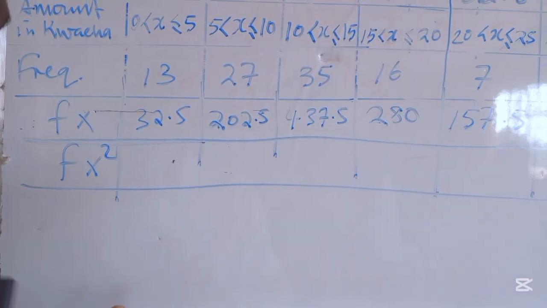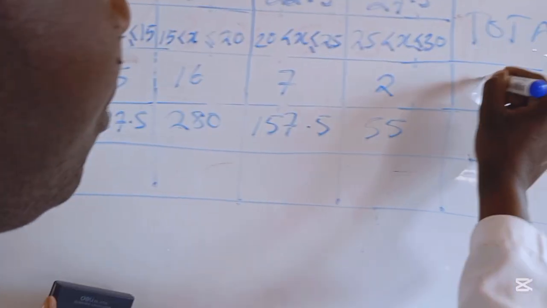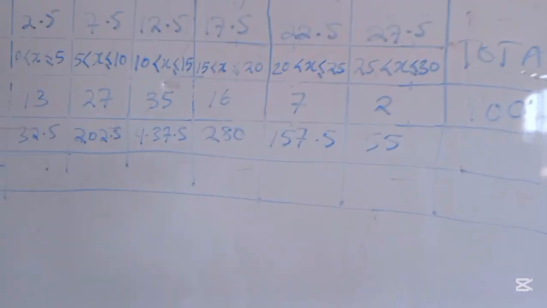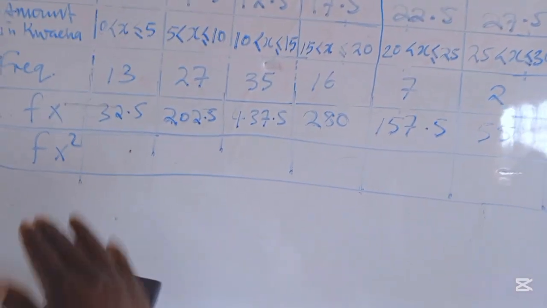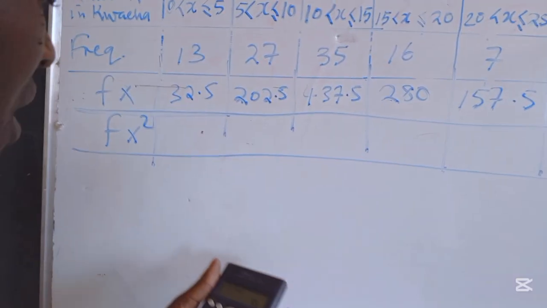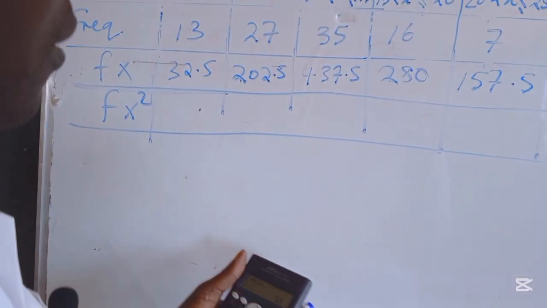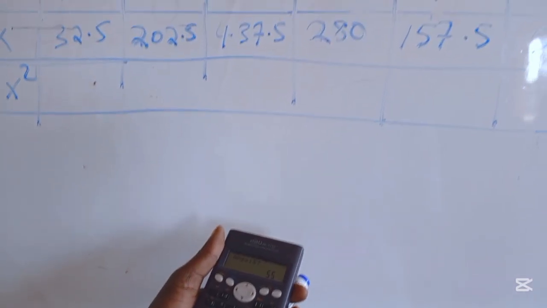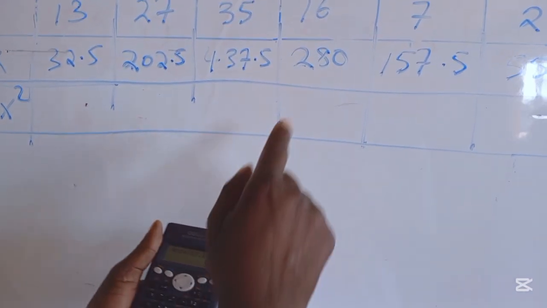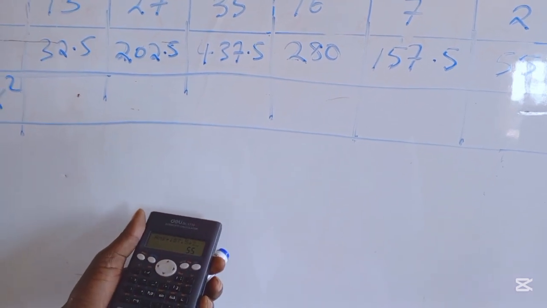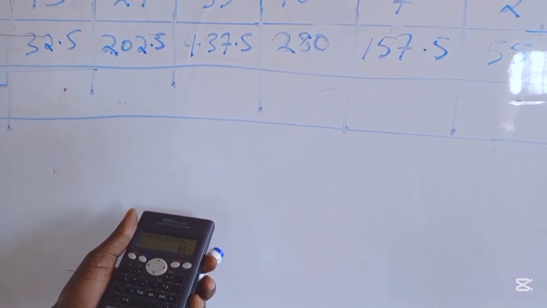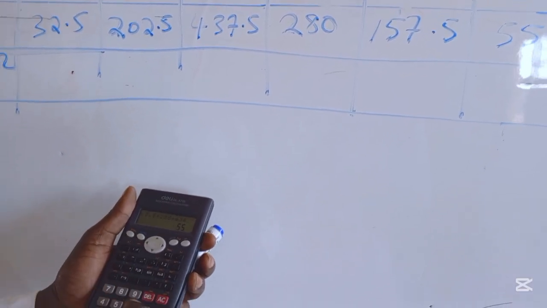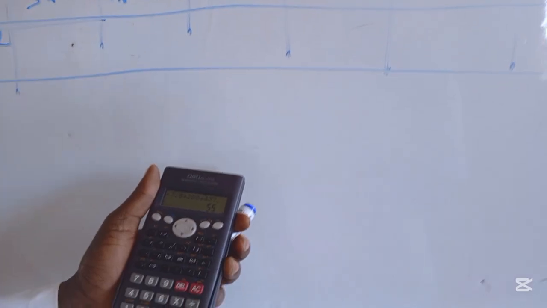So we should find the totals. Already the 100, I know that the 100. So we should add up this. In order to do it systematically, so that when you finish one row, you are done. So we are saying 55. Here I start from here, 55 plus 157.5 plus 280 plus 437.5,